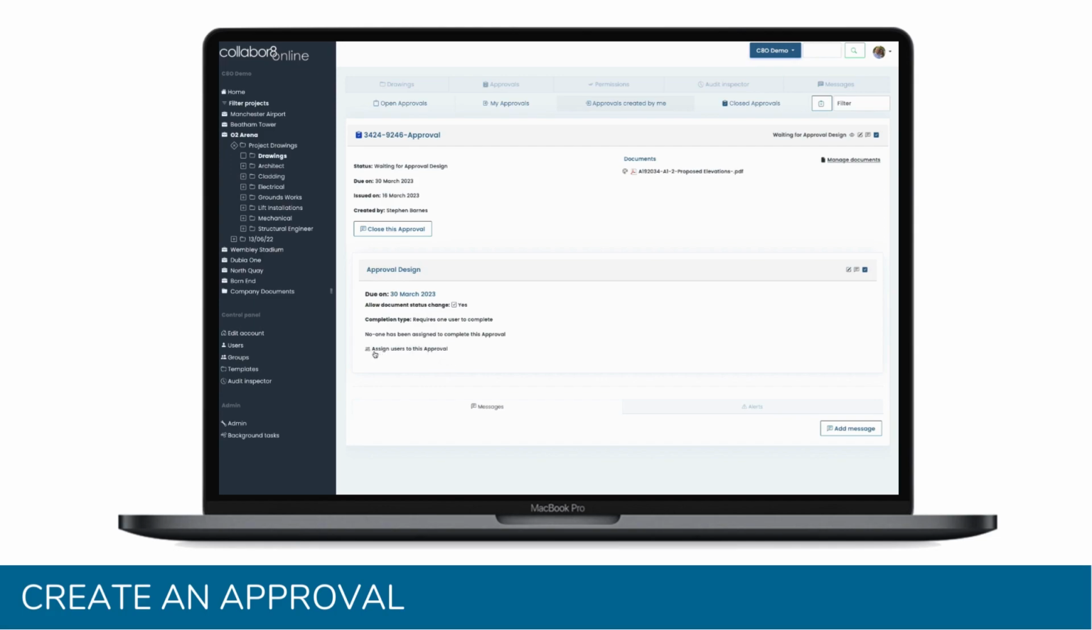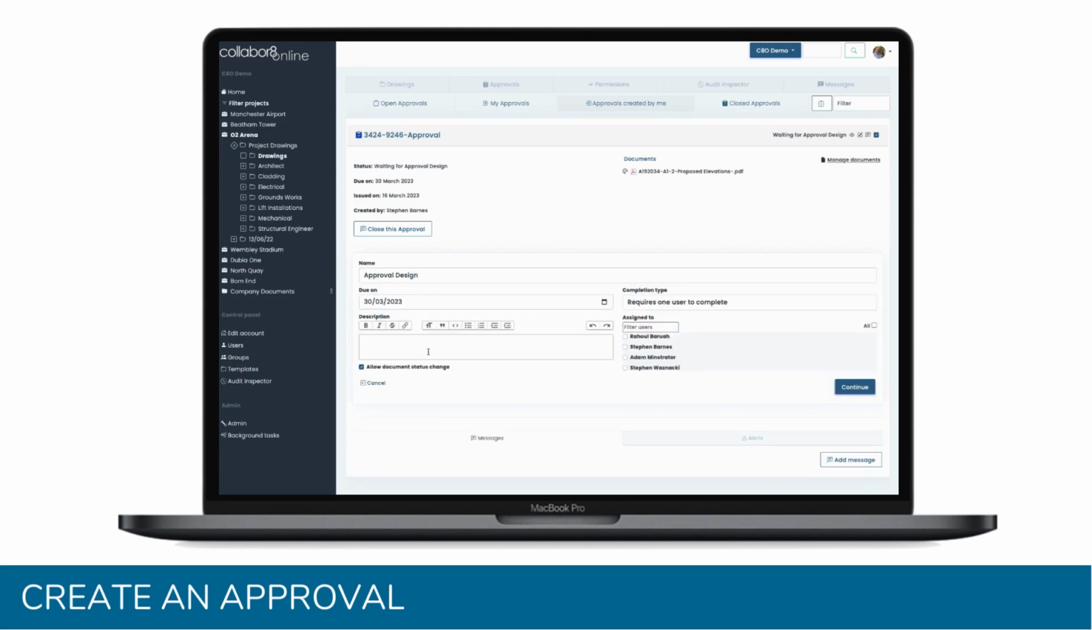Here you'll see at the bottom it says assign user to this approval. We can see that the file has been attached here, and the dates around its deadline, for example the 30th of March, have all been populated. To assign this action to a user, you simply click assign user here, and we'll in this instance just assign it to